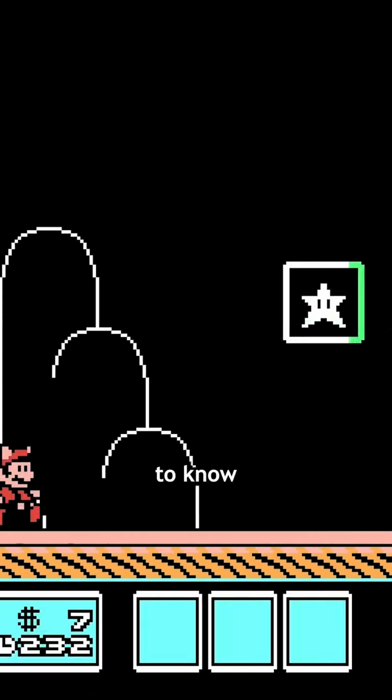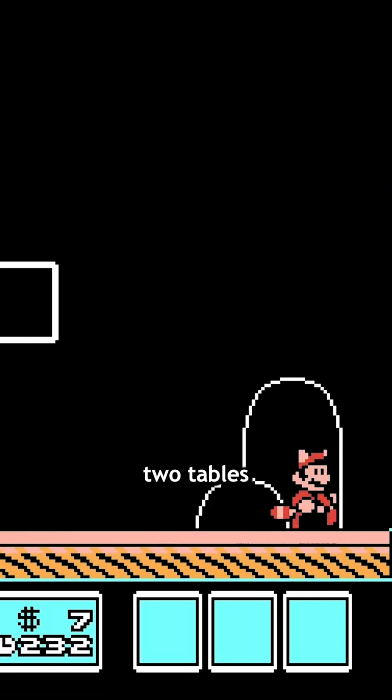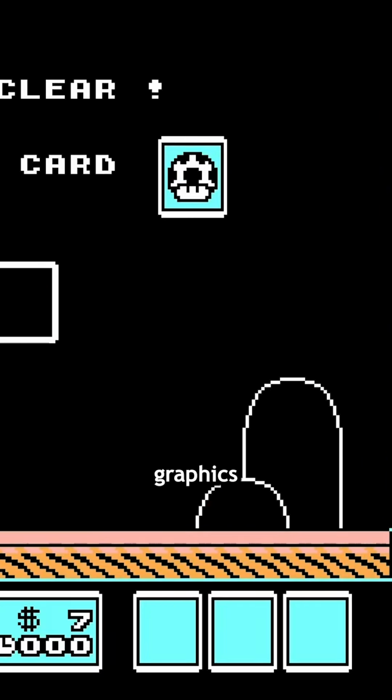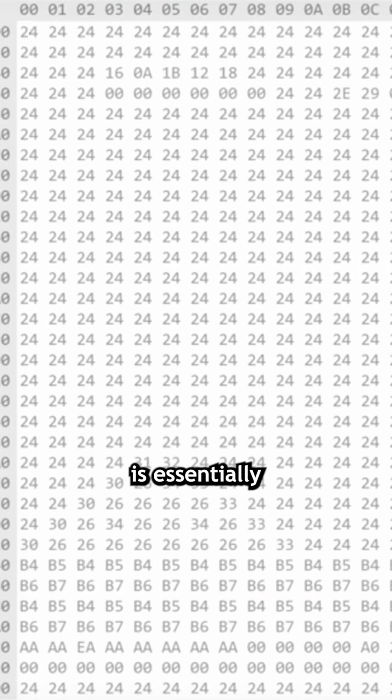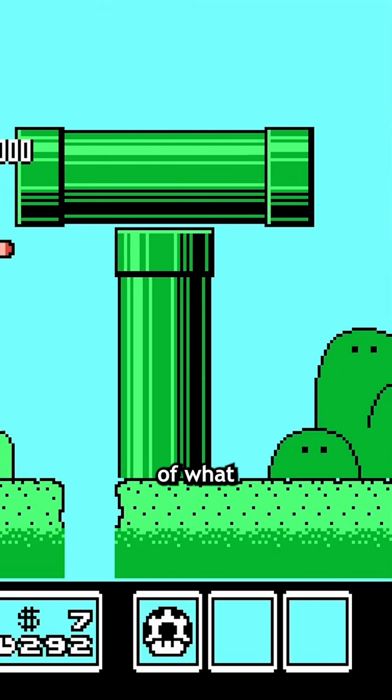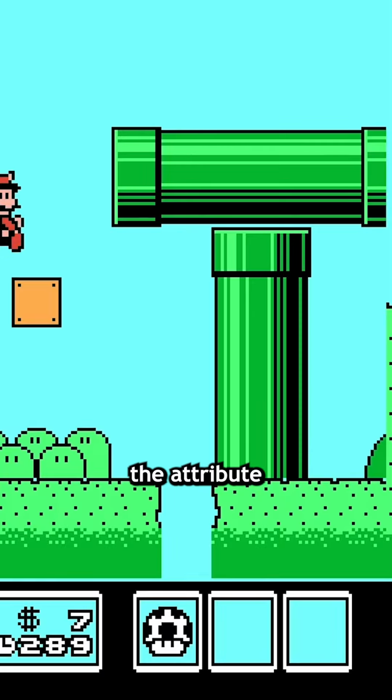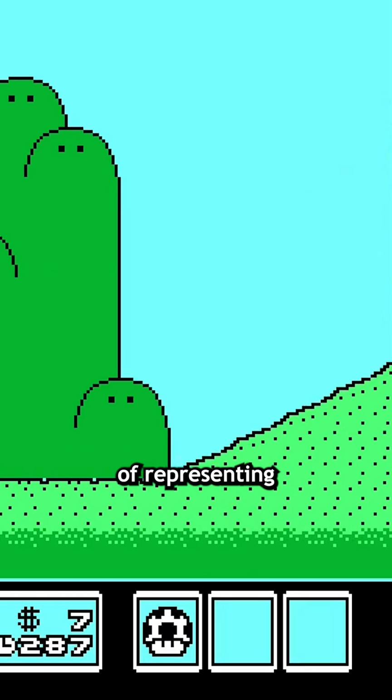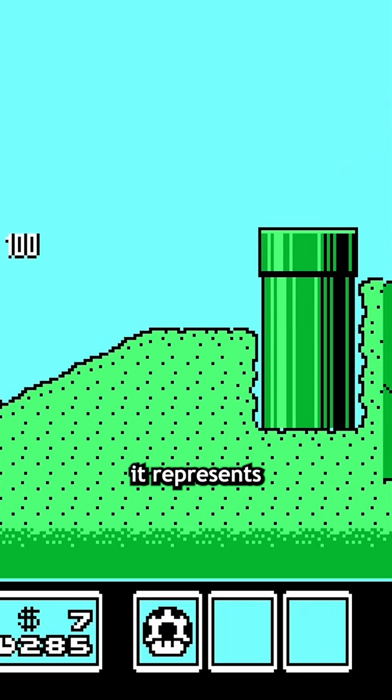To understand this, you'll need to know that the NES generally uses two tables of data to represent the current graphics on screen, a name table and an attribute table. The name table is essentially a grid that represents the makeup of the tiles on screen. Tiles are 8x8 pixels, and the name table keeps track of what tile goes in each place. The attribute table is similar, but instead of representing what tiles go in each place, it represents the color palette